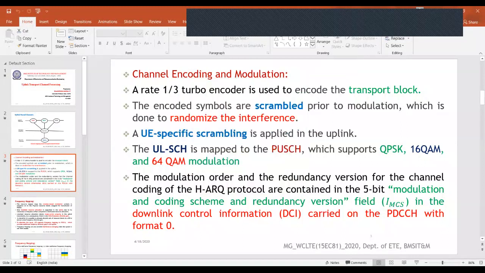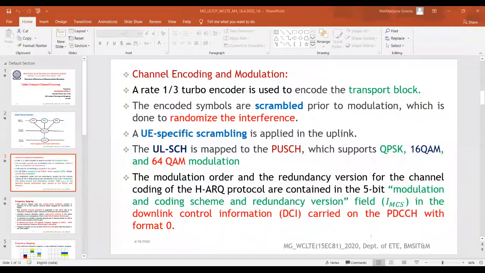So this is the channel encoding technique used for this particular channel, the uplink shared channel. As I said, it is a turbo encoder with a coding rate of 1/3, used to encode the transport block. So after